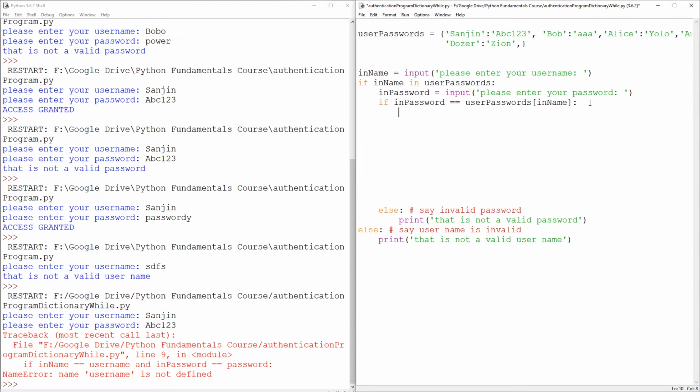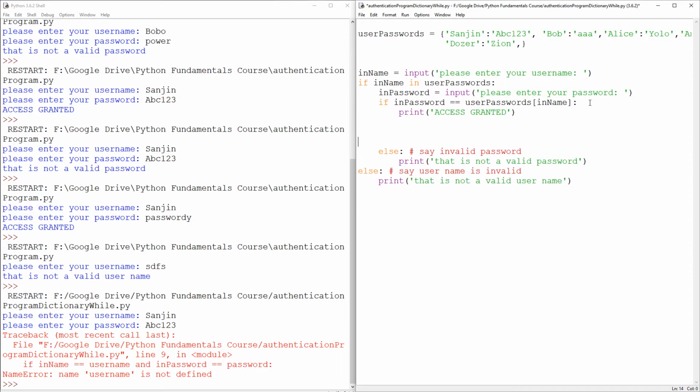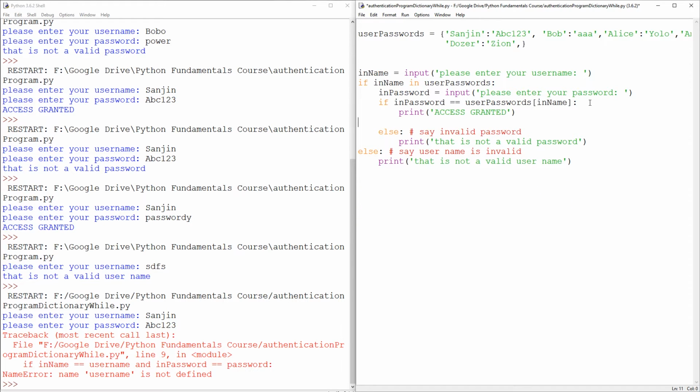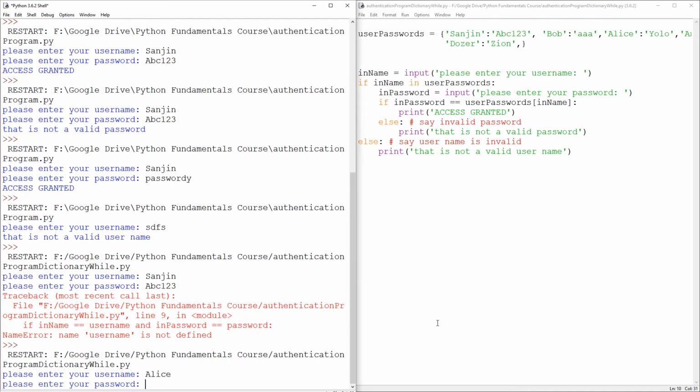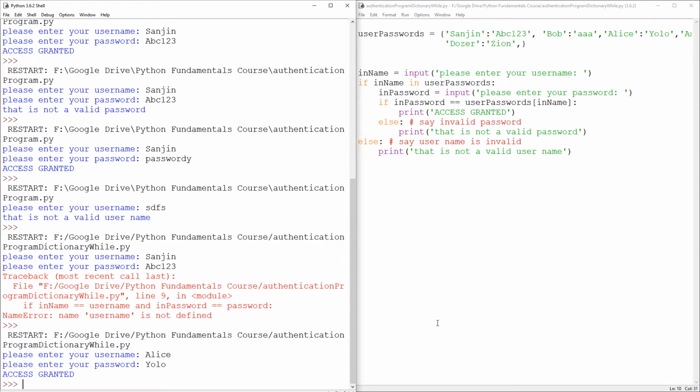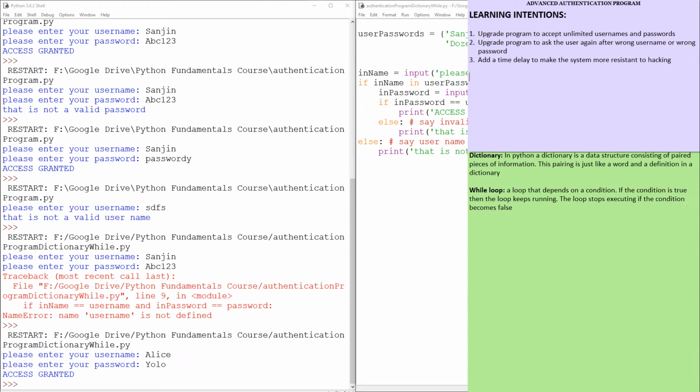Then we can print access granted. So that should be it for the infinitely expandable list of usernames and passwords. Username, we're just going to go for Alice and YOLO. Done. Beautiful. So now that that works, we can go back to learning intentions and go, aha,